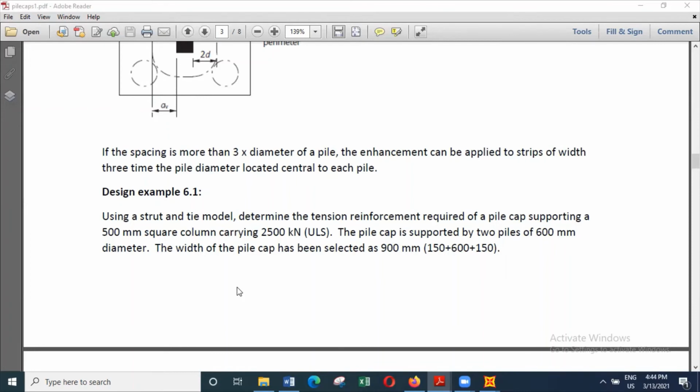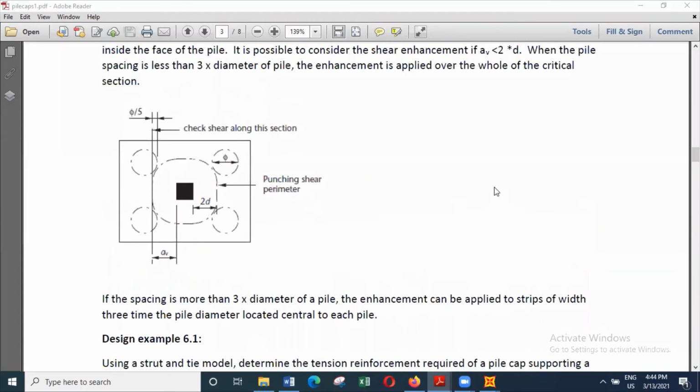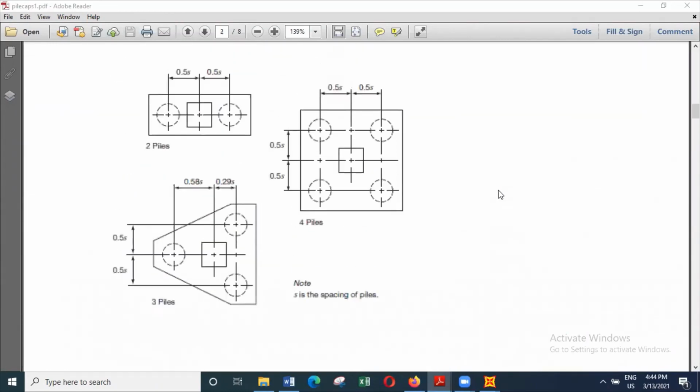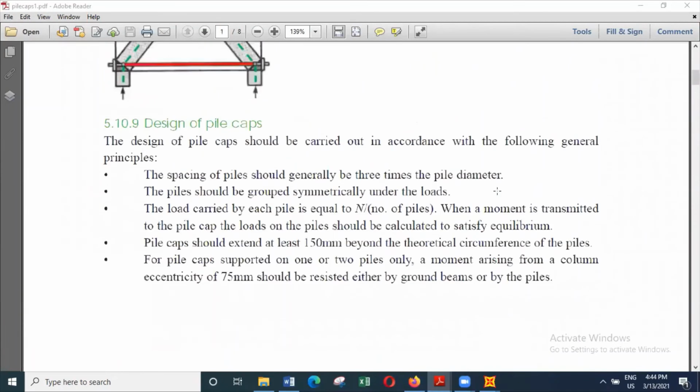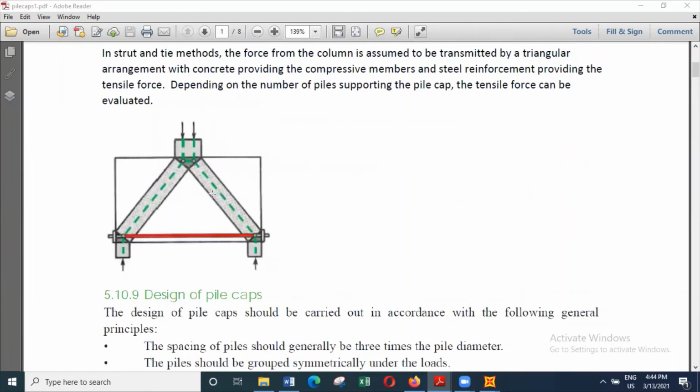So, yeah. Some codes describe anti-bursting reinforcement in the pile cap. Like in these codes, what is your opinion of this anti-bursting reinforcement? No, actually, it comes with the strut and tie model, because what happens is, here you can see we have considered the tie to be prismatic, right? But if you look at the